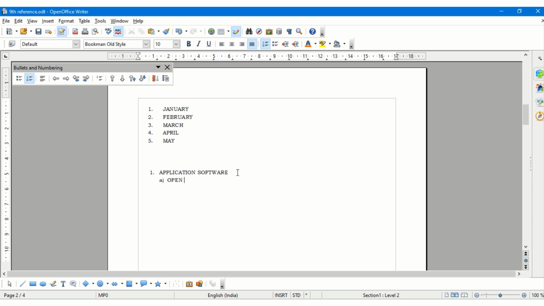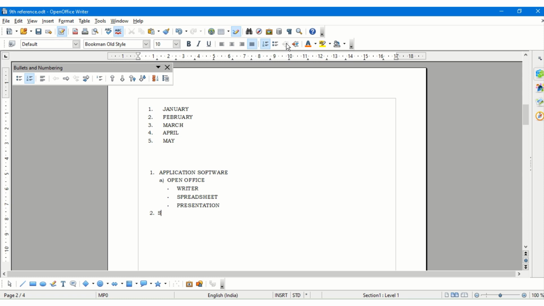option like this, Open Office. Now under this Open Office I have got writer and spreadsheet, and the next one is the presentation. So this way I can have it. Now if I do not want this, I want to get back into my first range, I will just use the decrease indent and come back to the second one.